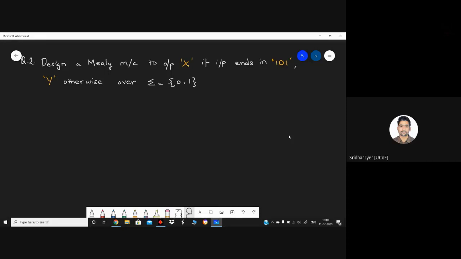Step number one is obviously your theory. You need to write what is a Mealy machine. I will just write the steps over here. You can fill it up. Step number one is a theory. You have to explain what is a Mealy machine, what are the various tuples. If you remember, the tuples are something like this. There are six tuples in between. Okay. Next, step number two is your logic.